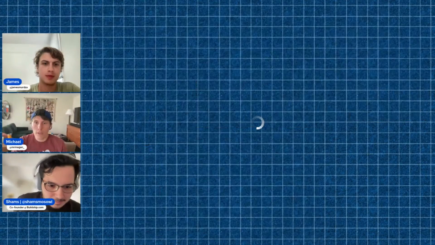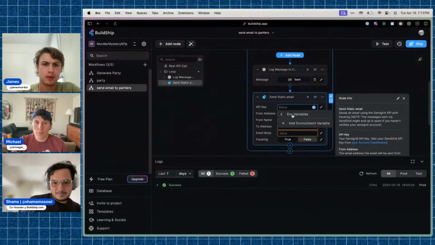All right, one second, let me save it. I think we're good. Wait, it's taking a while to load. All right, we're cooking. Okay, ready? Oh wait, it didn't save the environment variable.